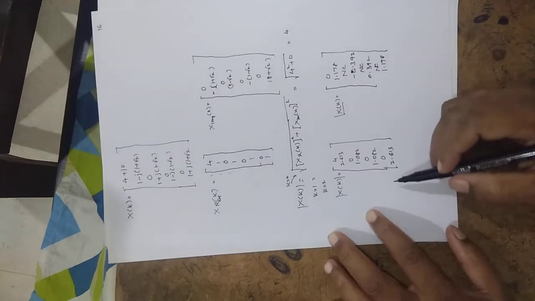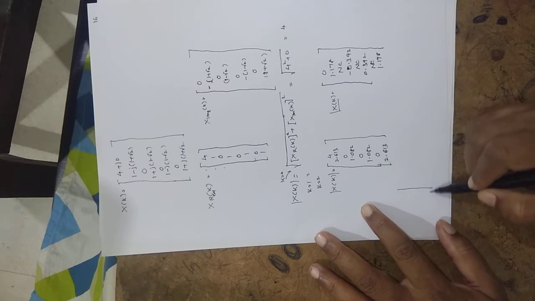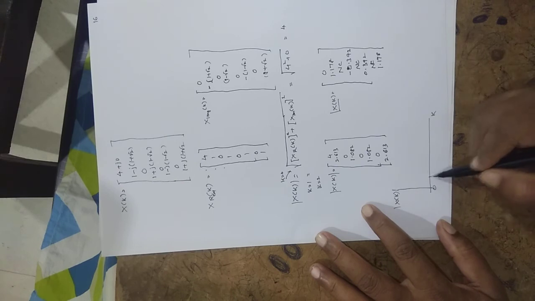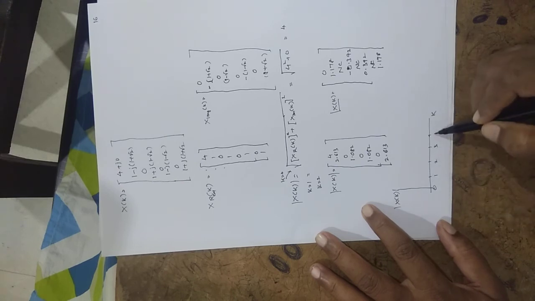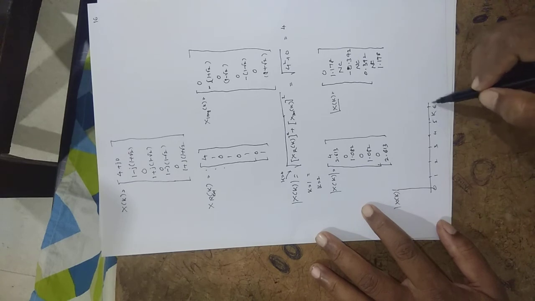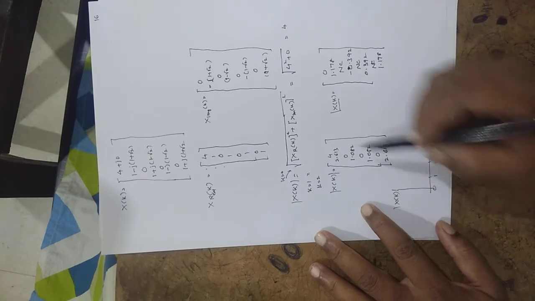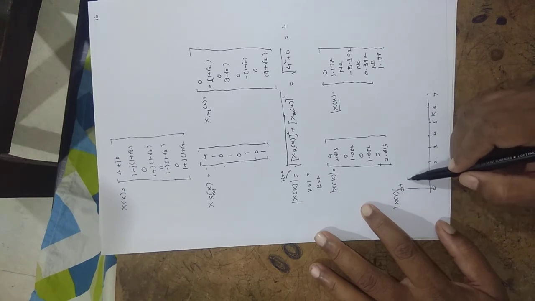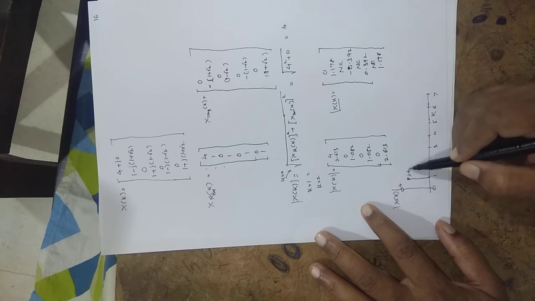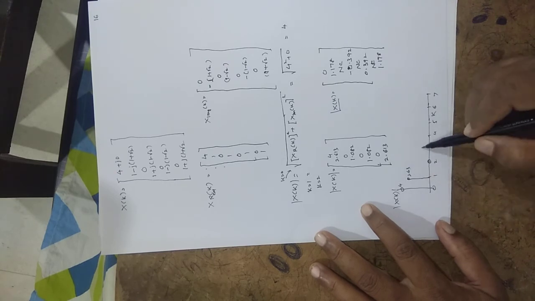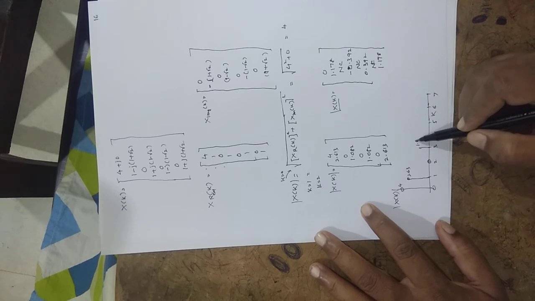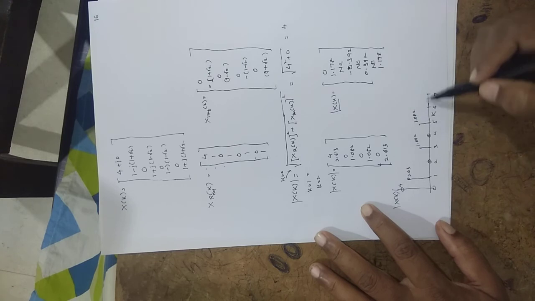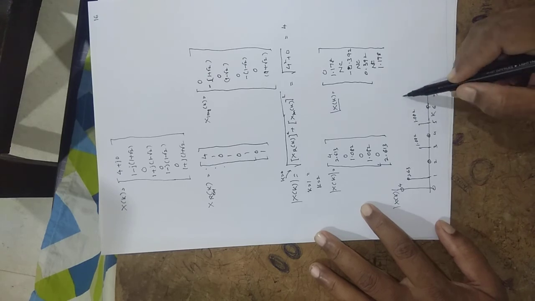So they may ask you to plot the magnitude and the phase. For the magnitude, x of k is the vertical axis and k is the index 0, 1, 2, 3, 4, 5, 6 and 7. So the first value is 4, second value is 2.63. Third value is 0, 1.082. Next is 0, 1.082. Then 0, 2.63.